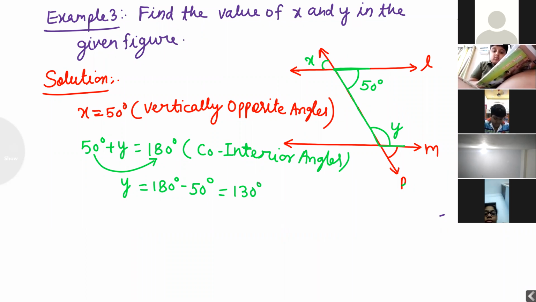Bracket shape. But always keep in mind, allied angles will never be equal. Again, I'm stressing this because students make mistakes in the exam. They write that both allied angles are equal. Allied angles will never be equal. The sum of allied angles is equal to 180 degree. 50 plus y is equal to 180. Y is equal to 130 degree.